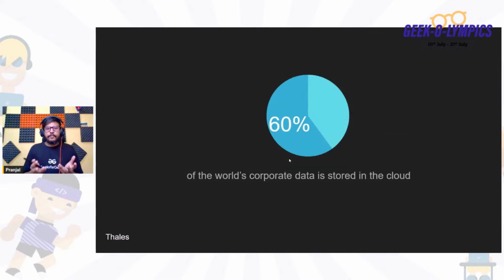So here through the slide you can see around 60% of the world's corporate data is stored in the cloud. Through this data you can understand the demand of cloud computing, that around the world 60% is a very huge amount. And the rest of them, if they are using on premise, they were using some kind of cloud services which were deployed on premise also. So there would be a huge chance. Okay, but still you can see from this data that around 60% of the world's corporate data is stored in the cloud.